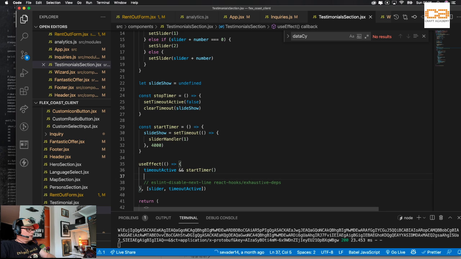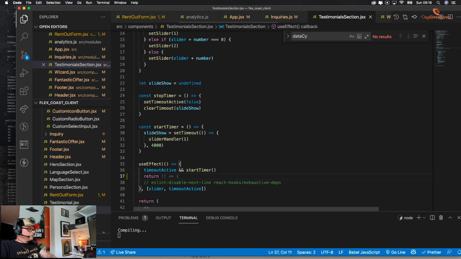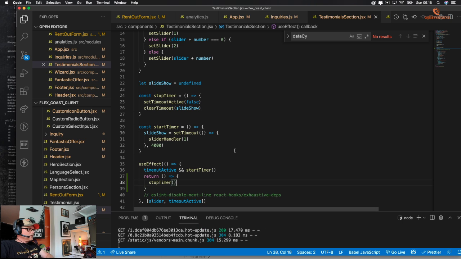Yeah, it has to be that, right? So we should say return, and we should say stop timer. Can we just call stop timer?